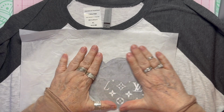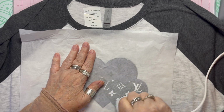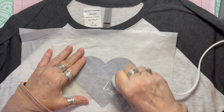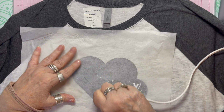Okay, so I'm going to use the mini because this is printable iron-on. And I think it should be fine with just using the mini going back and forth. But the other iron-on that I'm going to do in a bit is,